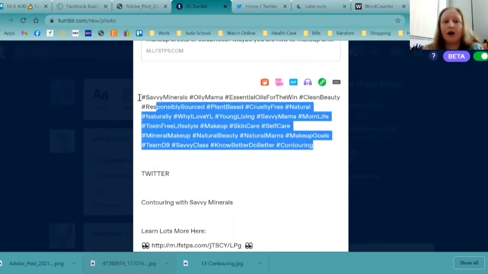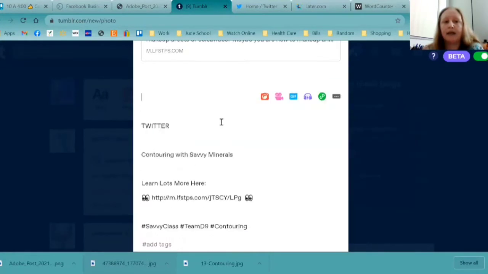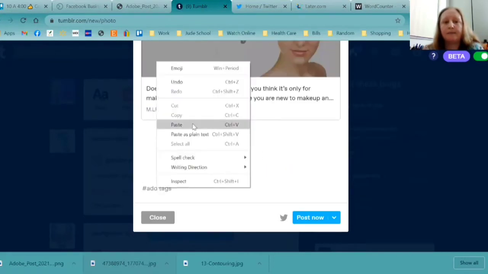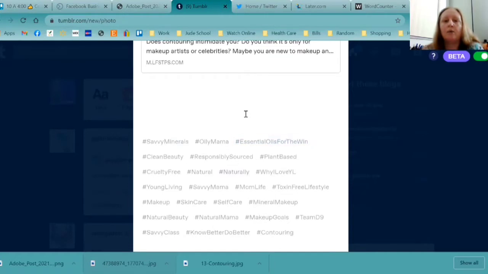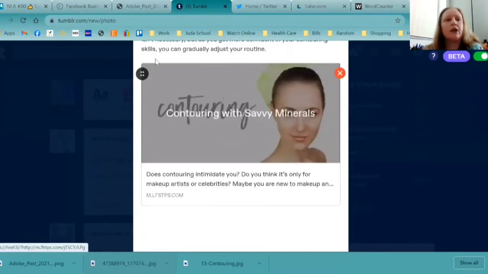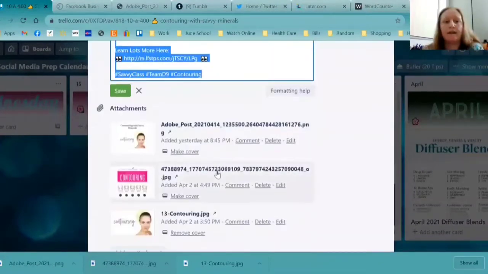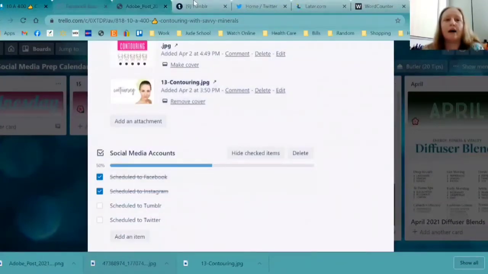And then I can take all my hashtags and I click cut. Again, this I just am deleting. I hit backspace and I'm going to add all my tags and hit paste. So one of the differences between Tumblr on the phone app and on the computer is you can't paste all these in on the phone app. You have to type them in one at a time or copy and paste one at a time. They just changed that on the computer. So I used to actually type these all in, but it's a huge, awesome change. So that one I try to do from the computer, just that makes it so much easier. And then, oh, I want this other graphic.